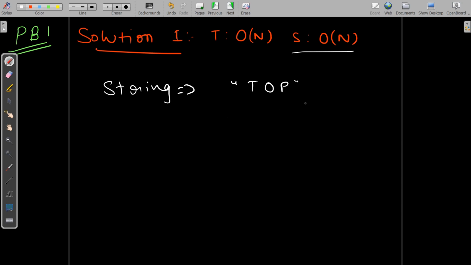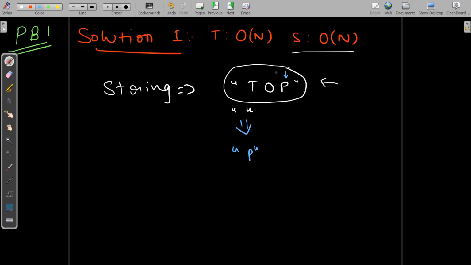We'll take an empty string. Let me explain. Suppose this is the empty string. What we will do is iterate the original string from the back. If we iterate from the back, the first character we find is p, and we will push it back. There is a method in a string, push_back, which you can use in C++. In some other languages, you can either do that traditionally by concatenation, or you can use push back. So the string will become p.